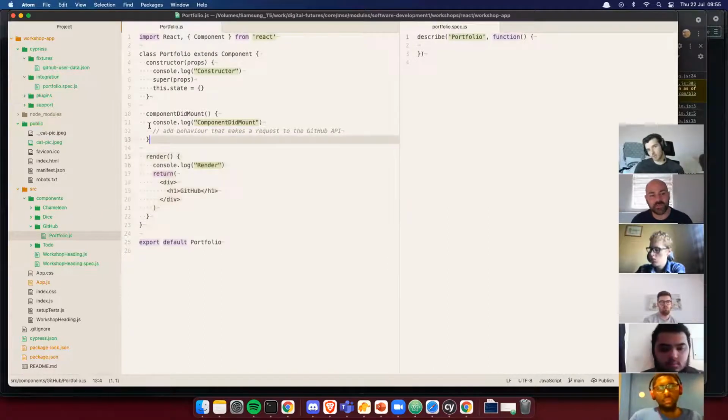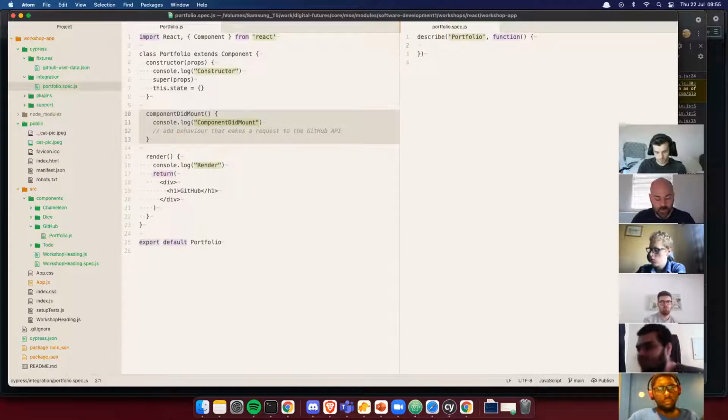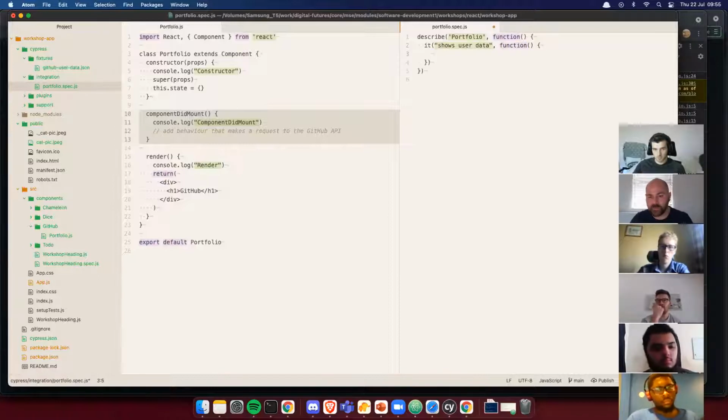So before I add behavior to this lifecycle method, let's write a quick test about what we want to expect to happen. This portfolio shows user data. I'm going to keep it very simple. Shows user data. That's it. Time for naming. Shows user data, and what I want to do is